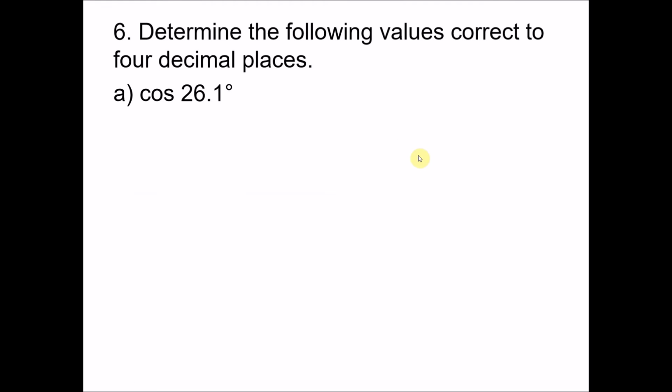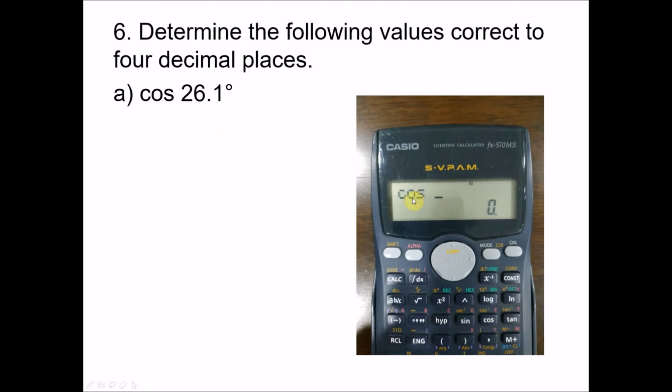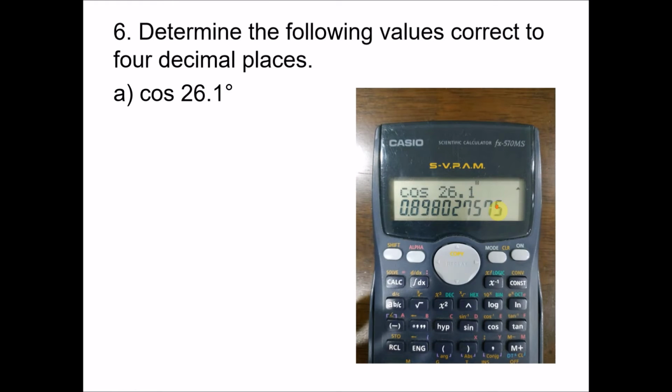Question 6. Determine the following values correct to 4 decimal places. So we just key in this value in our calculator. So this is my calculator as always. And to key in cosine, we just press this button here, cos for cosine. You have this, and you just key in 26.1 since the values here are in the unit of degree. So you just key in 26.1. Press equal, and you get this answer, which is